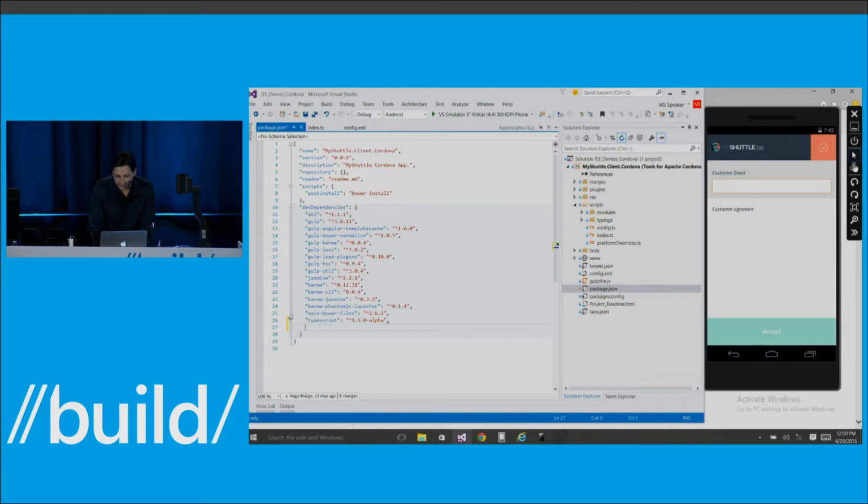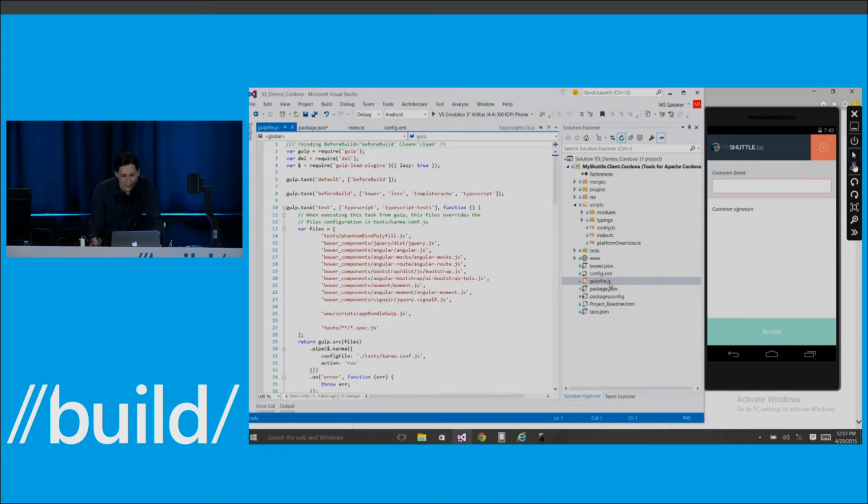Okay. The point is that you actually get integration with all of these NPM and file system-based experiences. If we go to the gulp file, you can see that, how many of you guys have ever heard of gulp, of those web developers?